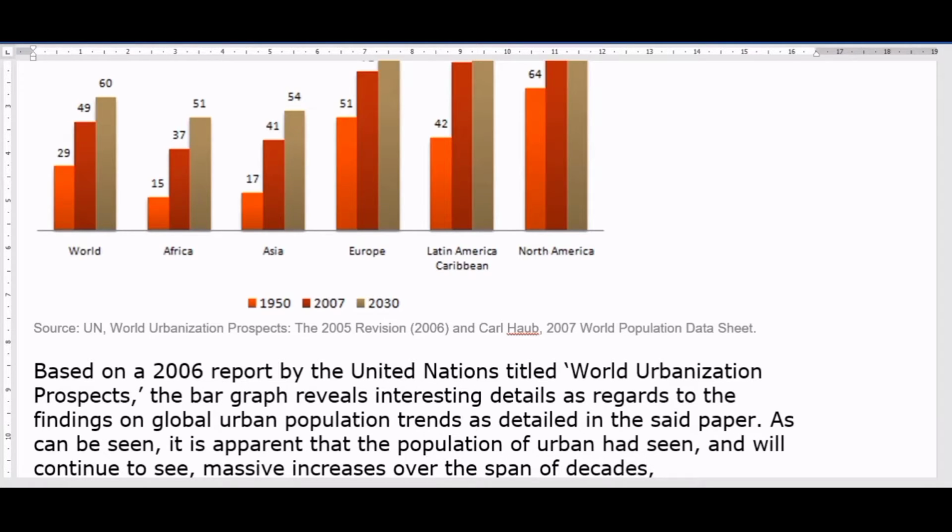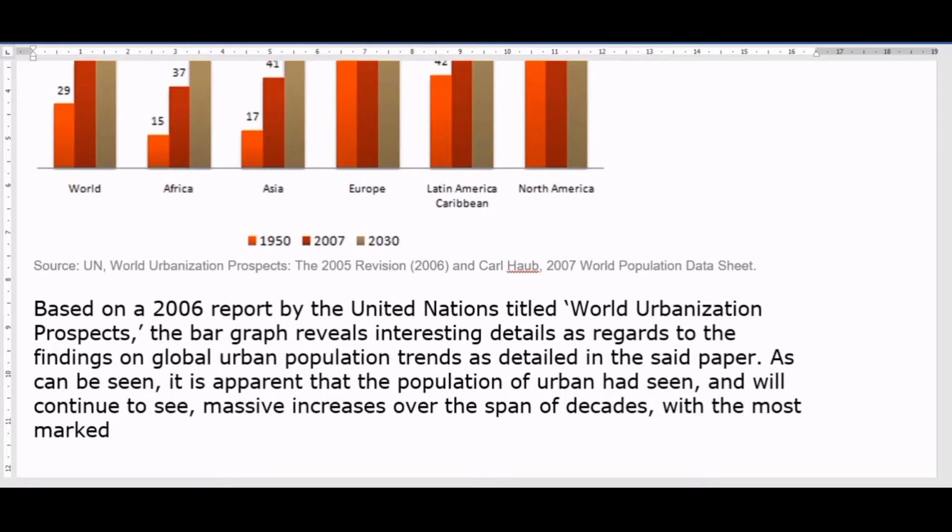That's the first of the overview statements, and the second one is I will highlight these three regions with the most marked increase seen in the Americas and in Europe. Alright,